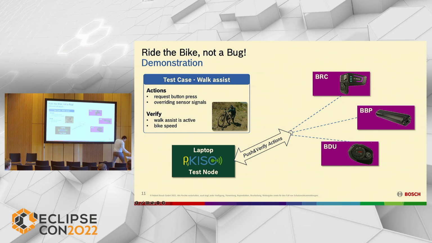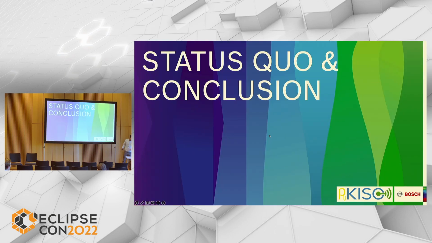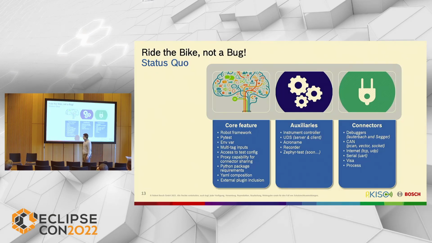So here, yeah, we definitely show the features that are available within e-bike, but what is important also to show you is what is contained today in the open source project. So there are 3 pillars available. There is a core, which contains the runner and the generator, test suite setup, generator, etc. There are the auxiliaries that you can just plug in, that are already available open source, and there are the